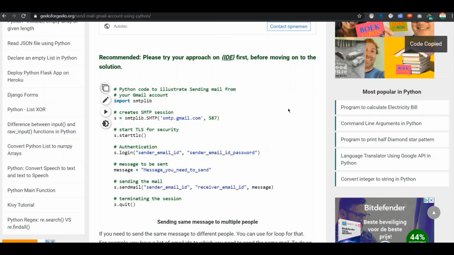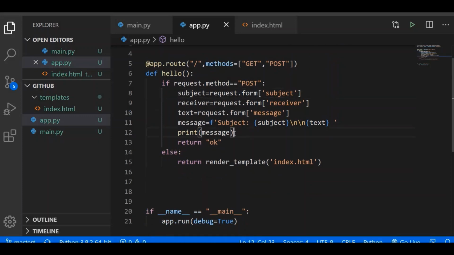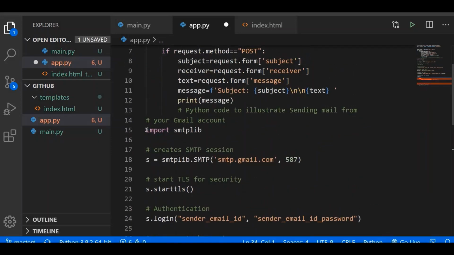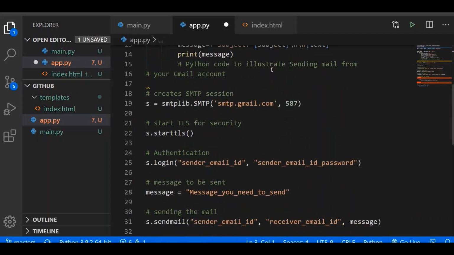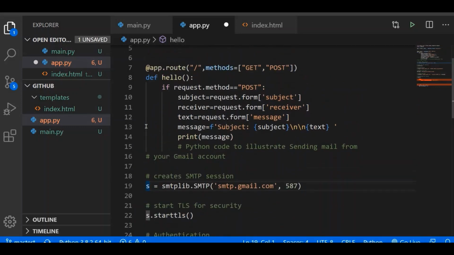So I will copy this code from here and come here, and instead of this okay, I will use this here. So first of all, this should be pasted above. So I have pasted it here. Now we will have to give the tab to all these things so that it will come under the if block.